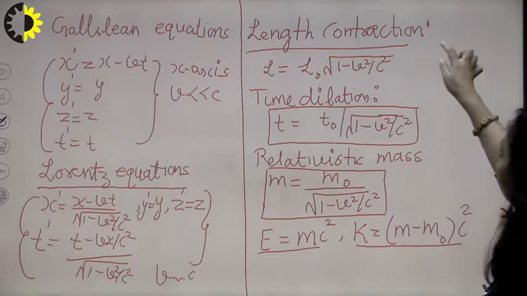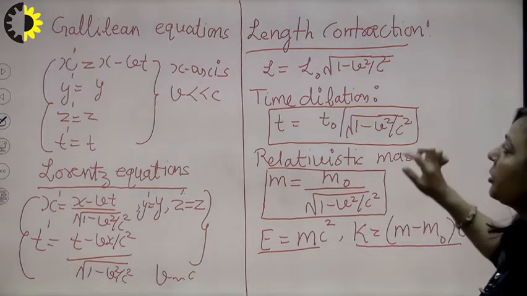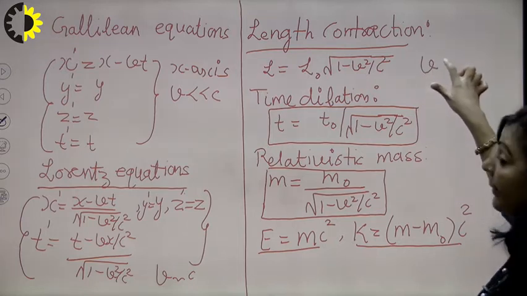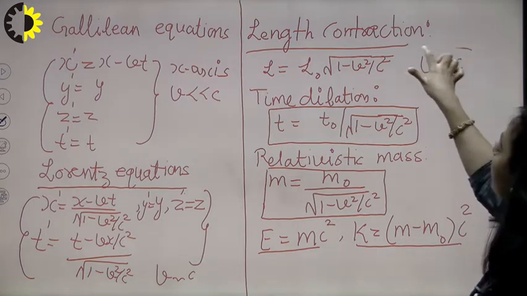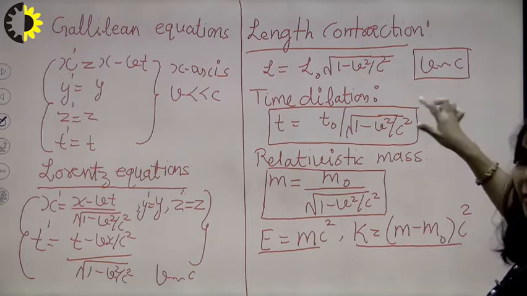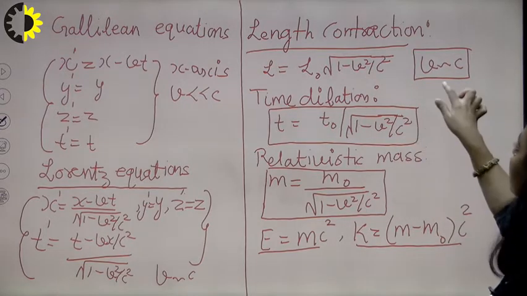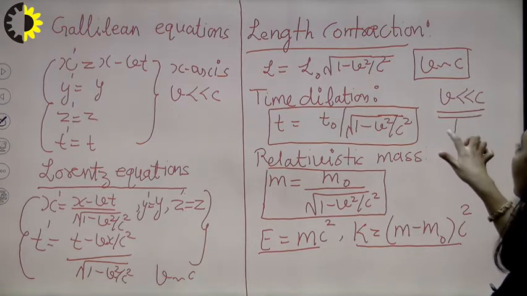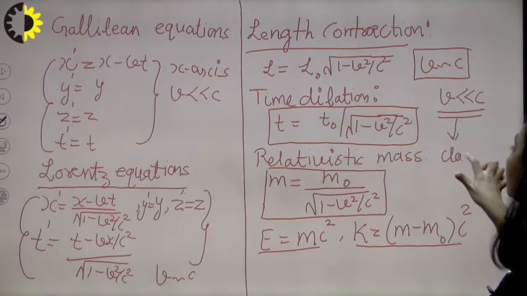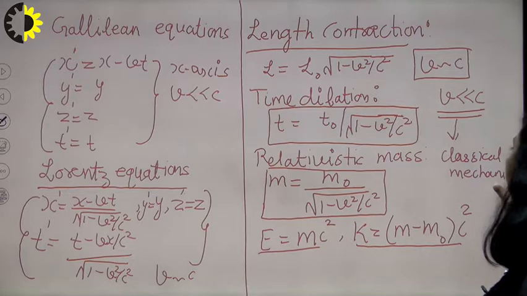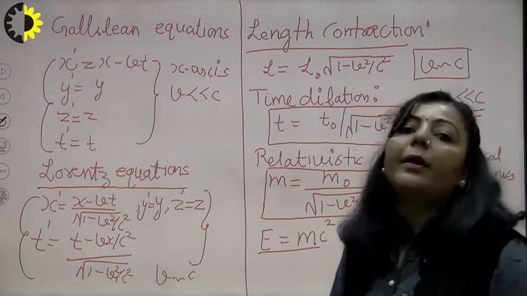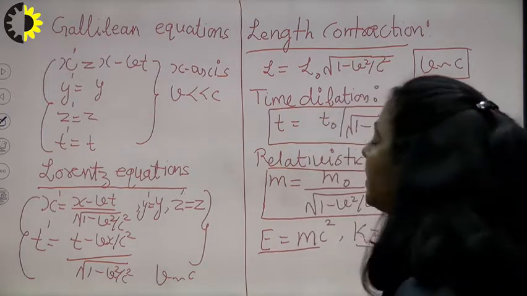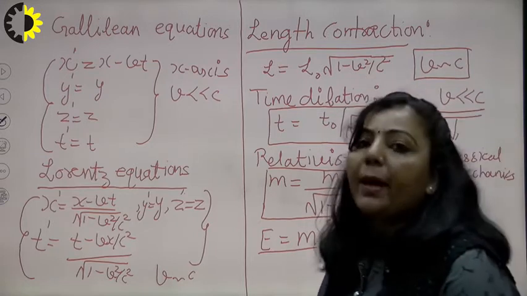All these expressions or formulas are applicable when V is comparable to C, and if you substitute in all these equations the condition that V is very small with respect to C, then you will finally approach the results of classical mechanics, right? So we have also concluded that classical mechanics is a special case of relativistic mechanics, means this relativistic mechanics is equally applicable